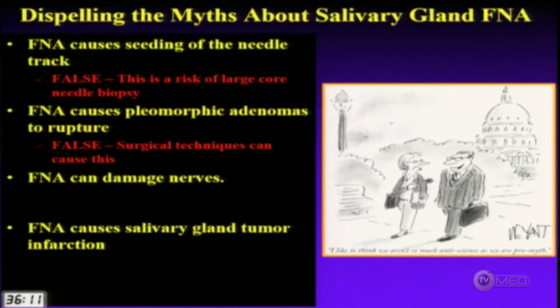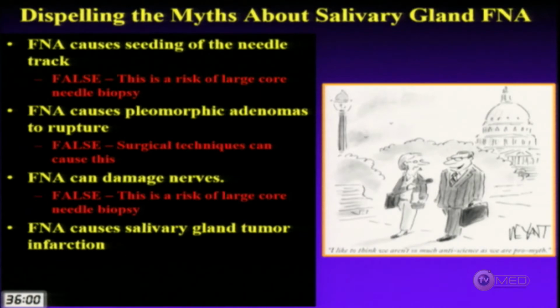What about nerve damage? I know lots of patients come into my FNA clinic and I do the FNA on them and they're like, oh, are you going to damage a nerve, or I'm worried. Generally, with FNA, you may tweak a nerve, they may feel a little bit of pain, but FNA in general is not going to cause significant nerve damage. Again, that's something that you can encounter with large core biopsies, and that's also one of the reasons that we leave those to our interventional radiologists, because there is a risk of doing a large core biopsy in the parotid region and actually taking a sample of the facial nerve and causing significant damage.